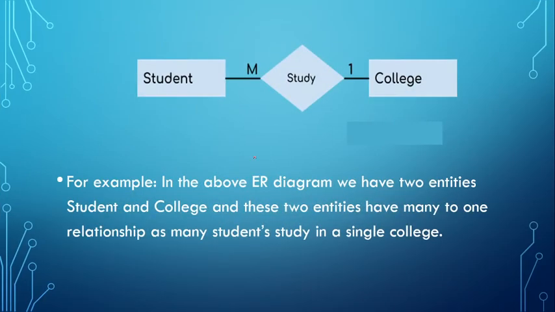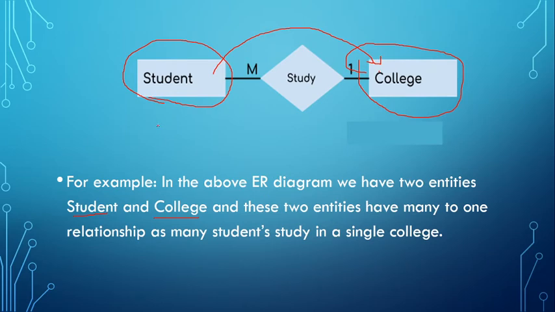So let's look at an example. In the above ER diagram, we have two entities, student and college, like we had previously. These two have a many-to-one relationship. Here I am not talking about the relationship, but this is an entity and this is an entity. Previously we have seen car as an entity and student. So what would be the relation between a college and a student? Student studies in this college.